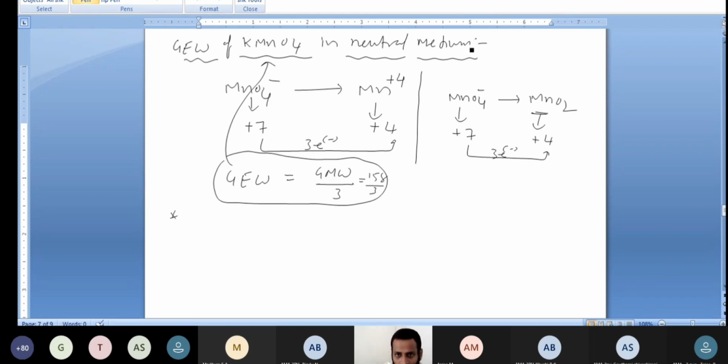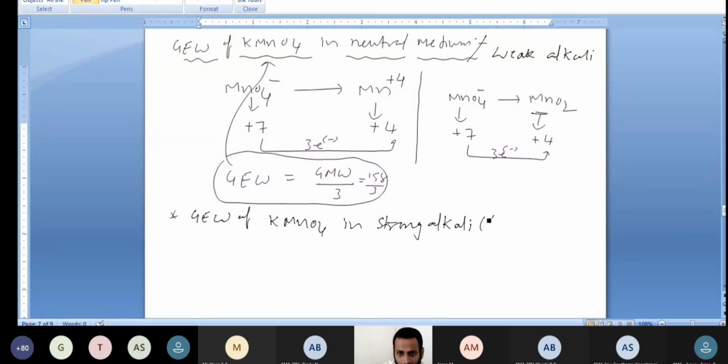See, this neutral medium I said, no? Neutral medium or weak alkali. Weak alkali means basic. Now we have to discuss the gram equivalent weight of KMnO4 in what medium? In strong alkali. Strong alkali. Alkali means what is the meaning? Basic medium. So the gram equivalent weight of KMnO4 in strong alkali medium, you can see your MnO4 minus